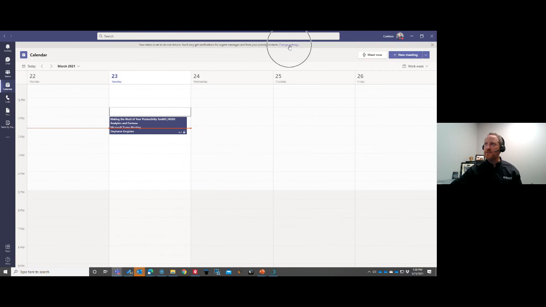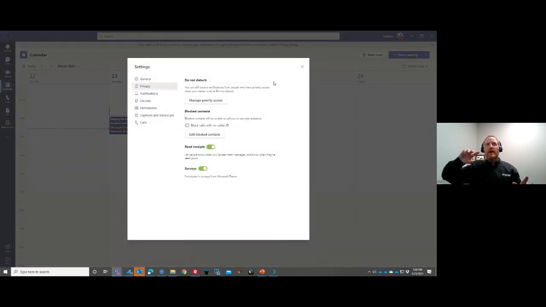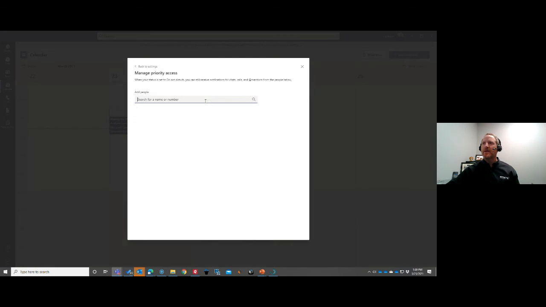So one of the things I just started doing recently is clicking up here, change settings. Marking them in the analytics part as important means that emails and correspondence from those important people get flagged. But if you want to do it from a Teams perspective, this is where you can manage priority access for do not disturb. So if I click on this, I can add, let's say I want to make sure that anytime Stephanie sends me an email, she's on my priority list, or anytime Gerald, he's our CTO, sends me an email. So these two are now on my priority access.